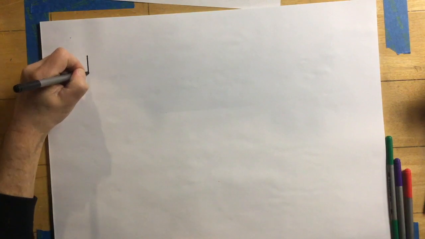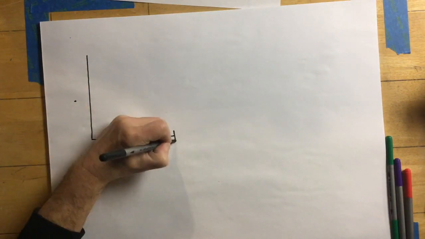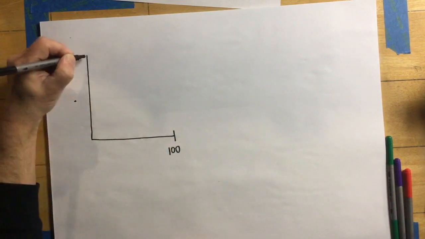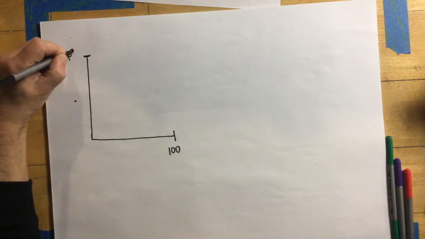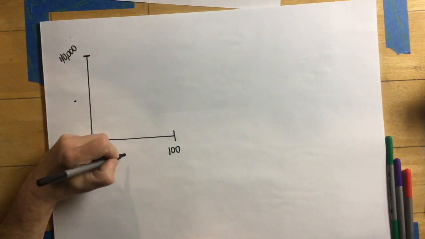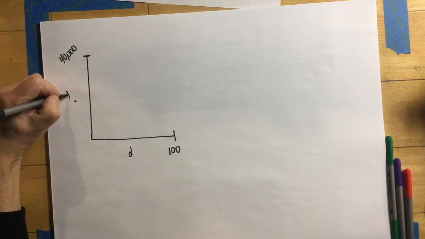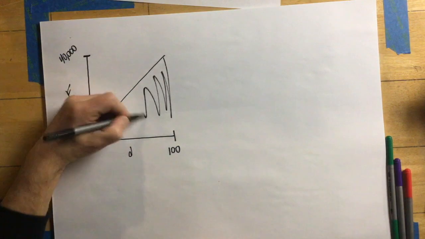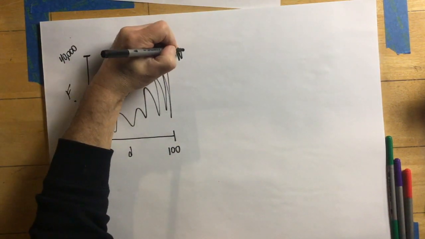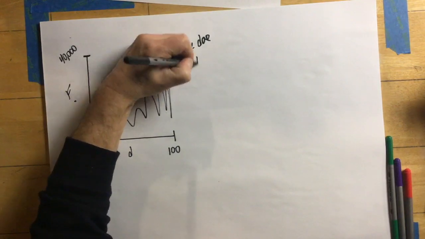So say we had this graph again. I'm going to use the same graph that they had in the problem, in that by the time this rocket has traveled 100 meters up, the engine force is 40,000 newtons. So this is a force versus displacement graph. So if I wanted to say the work done by the engine,